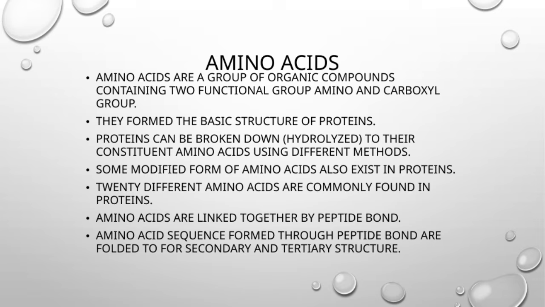Now, these amino acids don't just float around independently. They are linked together by peptide bonds, forming chains called polypeptides. When amino acids are connected this way, the sequence of amino acids is crucial because it determines how the chain will fold. This folding leads to the secondary and tertiary structures of proteins, which are essential for their specific roles